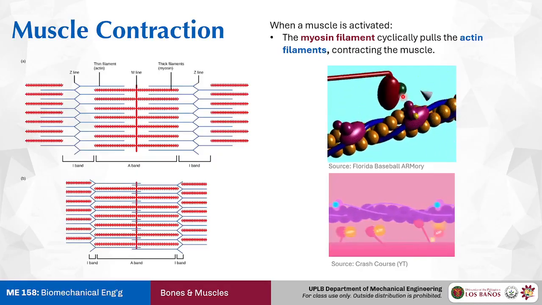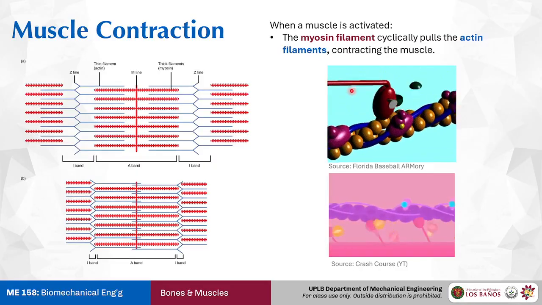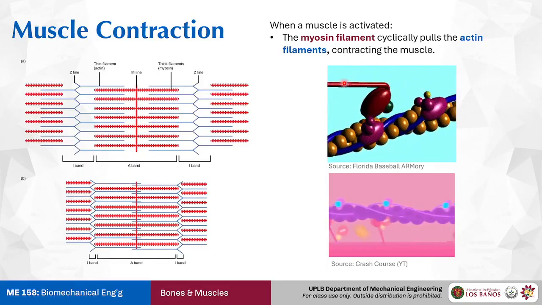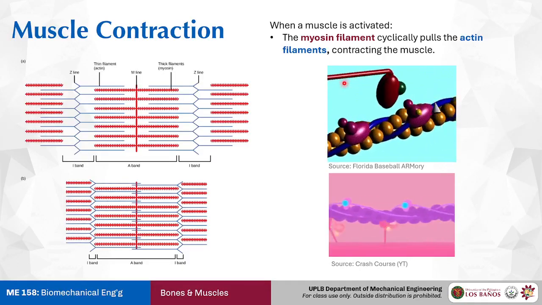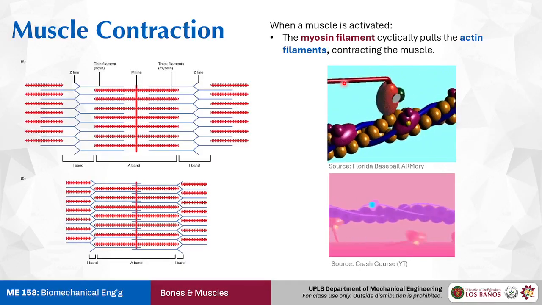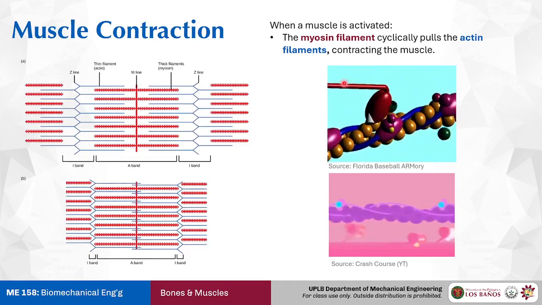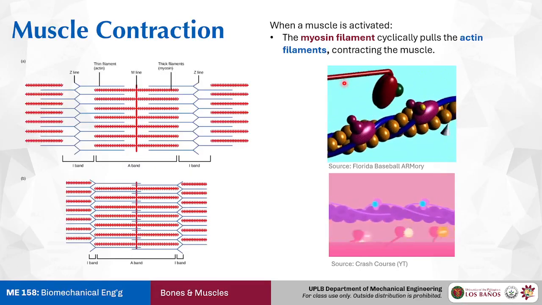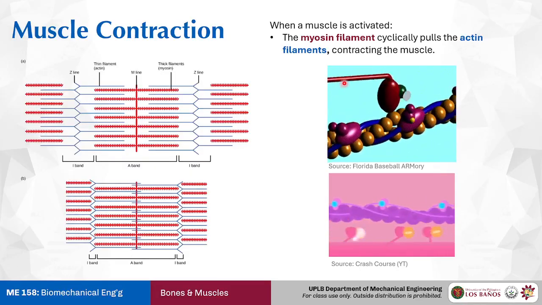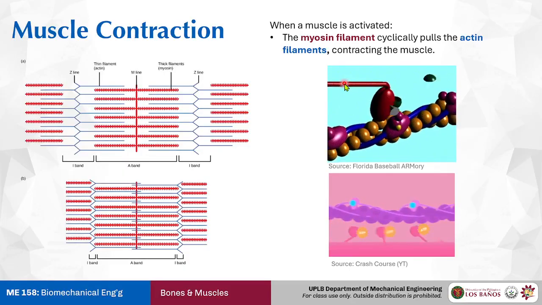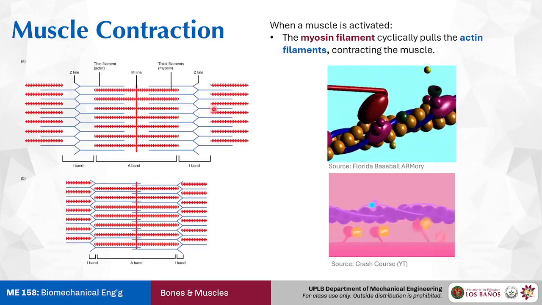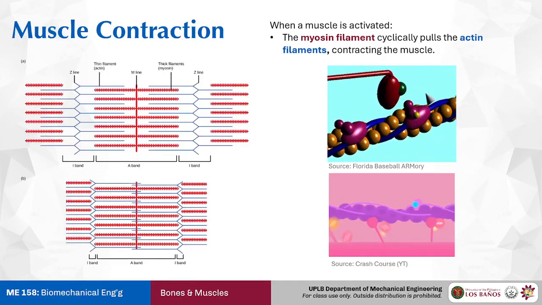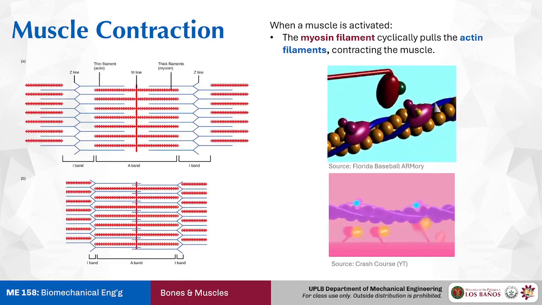And because of this, there are some implications for the force that the muscle can exert. What affects the muscle's ability to exert force mostly revolves around this system. What can affect the performance of this actin myosin arrangement? If you can think of it carefully, I'll allow you to do that. You can pause the video if you want to imagine it. But let's go on to the first implication.